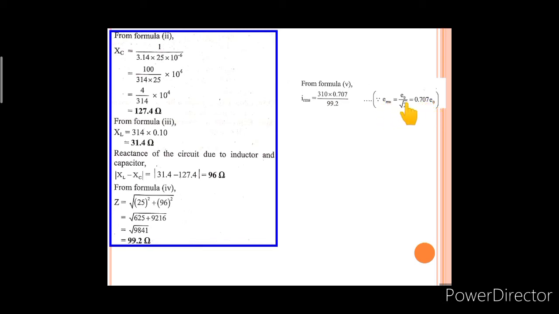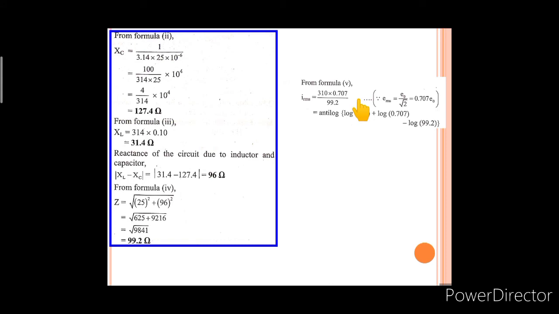So ERMS we have to write as 0.707 E0, and the value of E0 is 310. So ERMS we can write as 310 into 0.707 upon Z. The value of Z we had calculated comes to 99.2. So here IRMS we can write as 310 into 0.707 upon